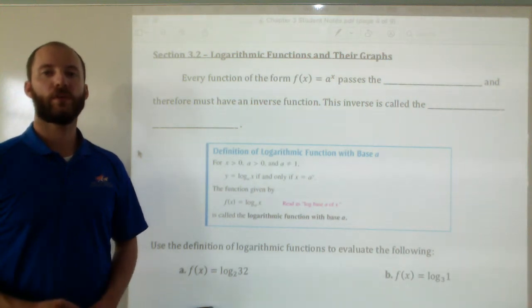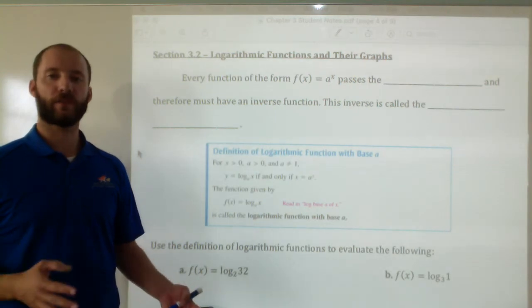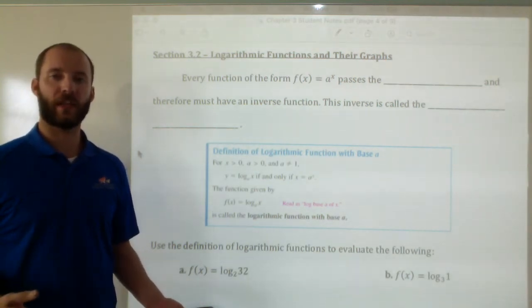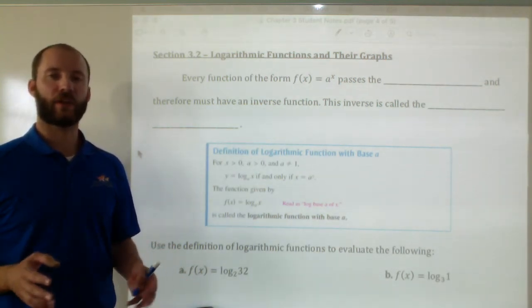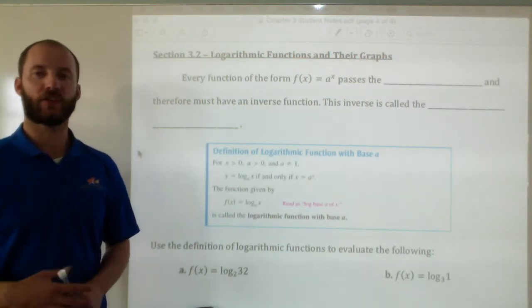Section 3.2, logarithmic functions and their graphs. So now we're going to look at the logarithmic function, the inverse to the exponential. We're going to look at how we can write those, how we can solve them, and also some properties of